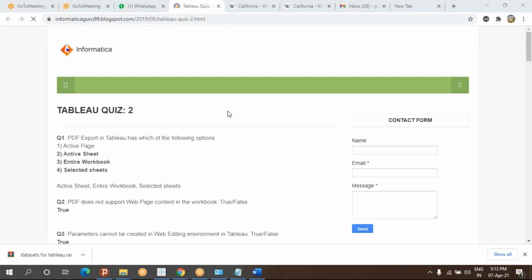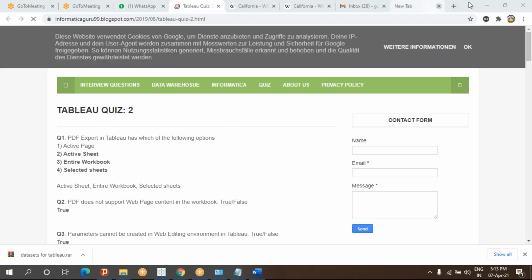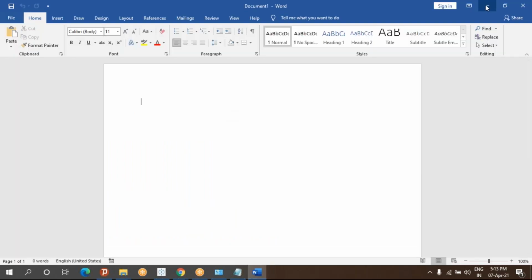The question pattern may be like this. Can you see in the chat box? And also, for example, who is the founder of Tableau, when they founded, where they founded. Also what type of function is len, what type of function is if, and what type of function is when.